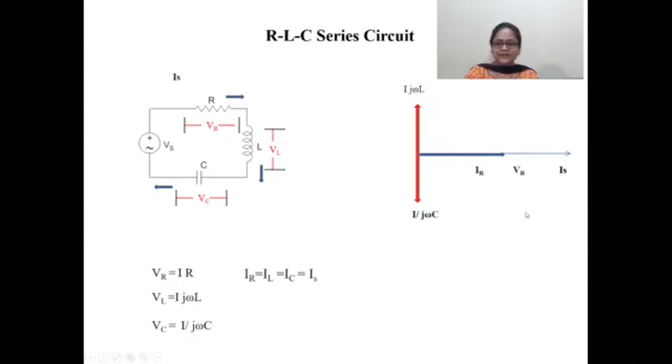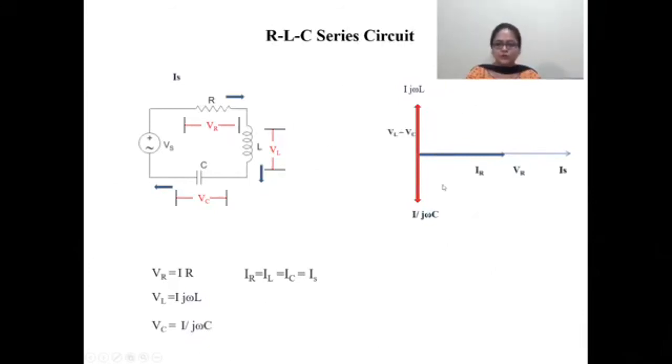Now we have three voltages here: a voltage across the resistor, voltage across inductor and voltage across capacitor, which are shown by the three arrows. This becomes very difficult to draw the resultant because in order to draw the resultant, we have only two theorems known to us, that is the law of parallelogram of vector addition and triangle law.